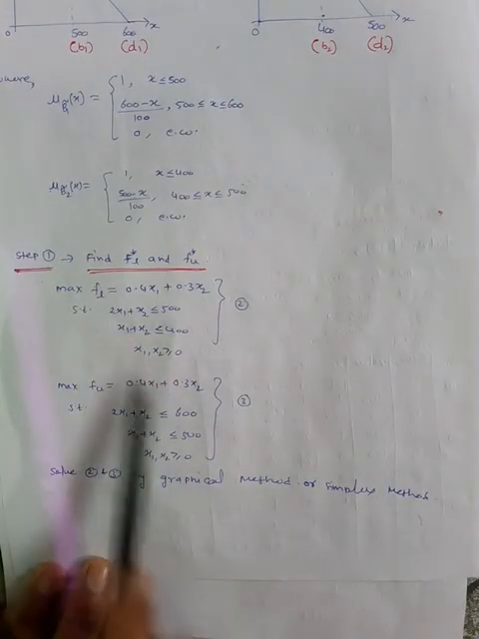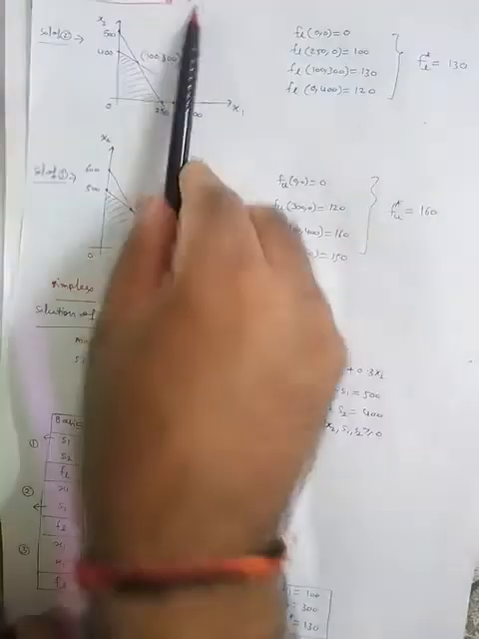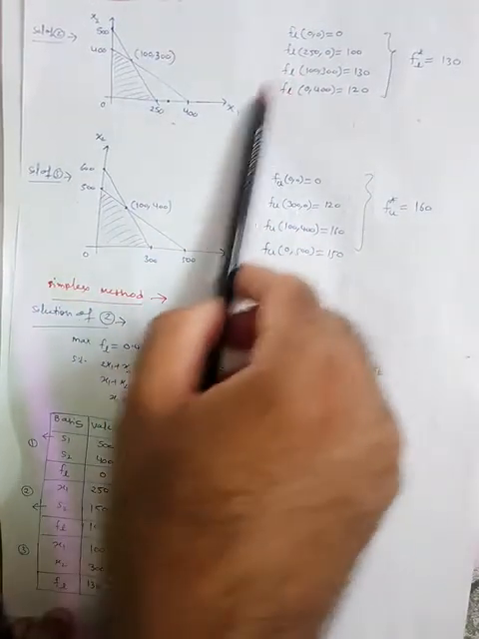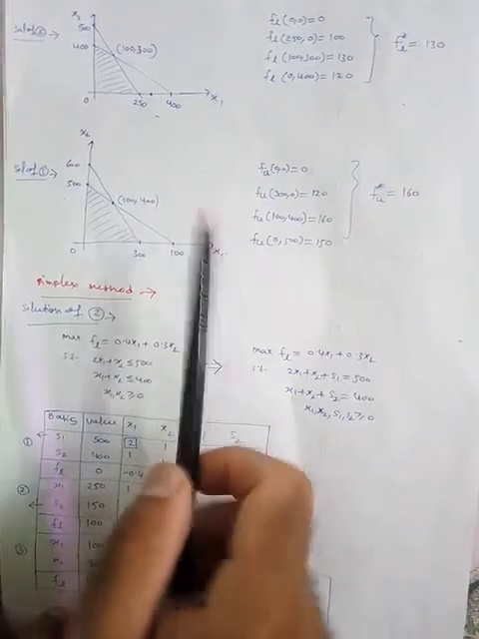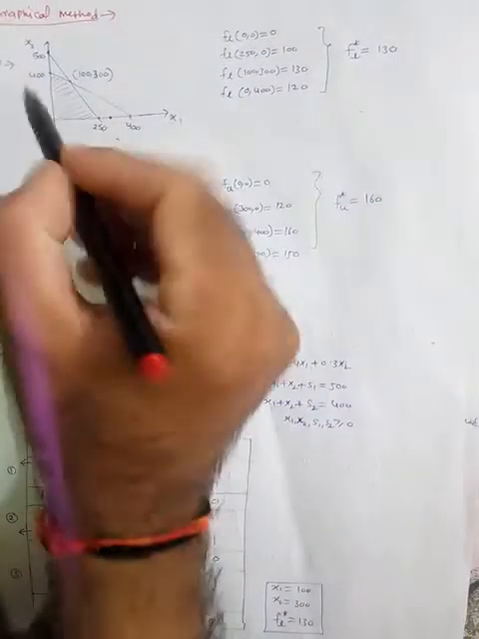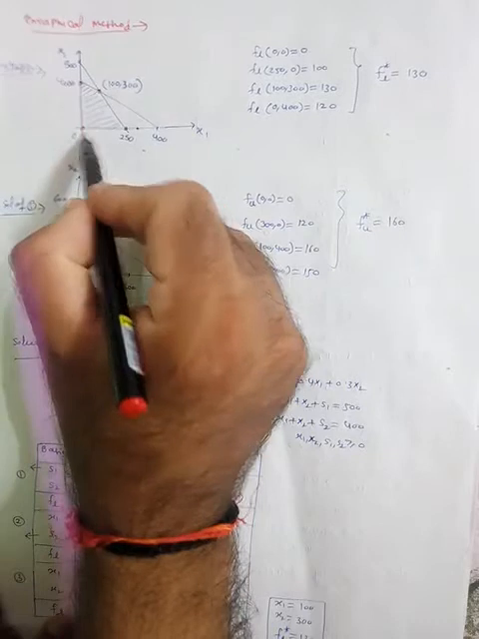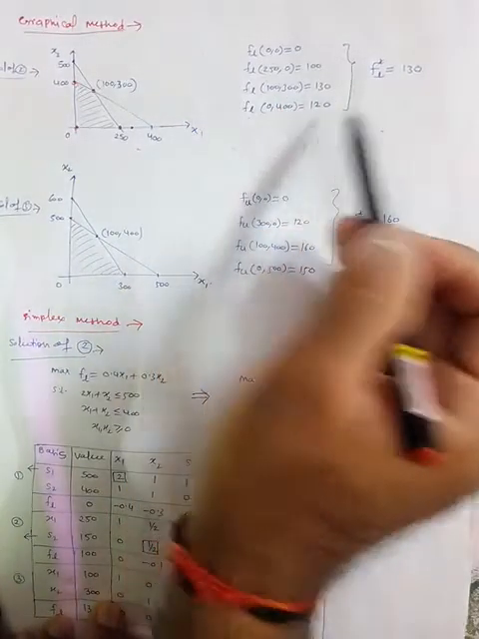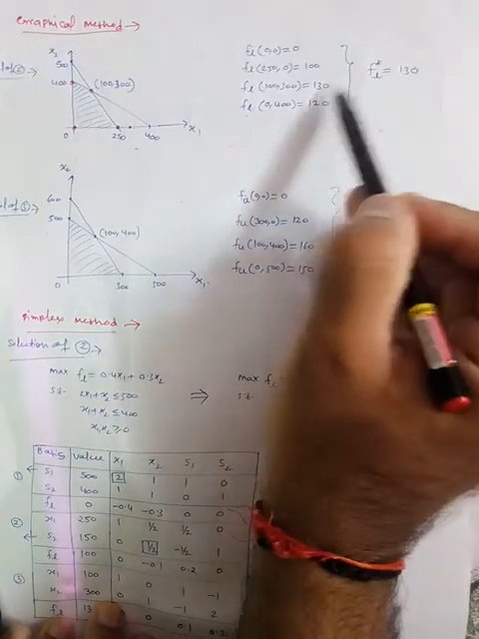Since it's a two-dimensional problem, either you can use the graphical method or the simplex method. Here we have taken the graphical method solution. So this is the graphical method to find out FL star. This is the second problem. We will find out FU star. From here, these are the corner points, 1, 2, 3, 4, four corner points. Among all these, the optimum solution FL star is this 130,